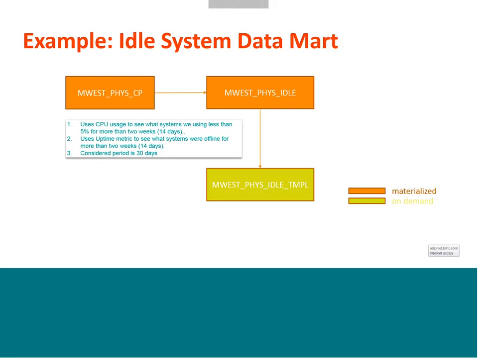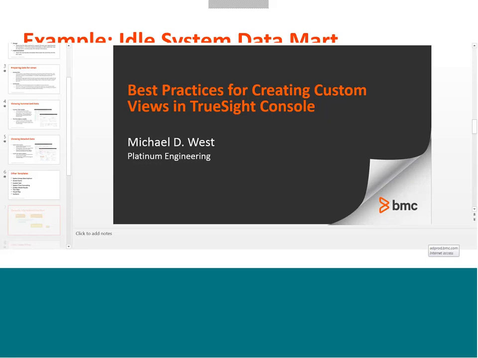The rules that we're going to use as part of the design is that the CPU usage is going to be less than 5%. This is using 95th percentile for more than 2 weeks. And we're also looking for systems that were offline for more than 2 weeks. And the consideration period for this example is 30 days. So with that, what I want to do is go into the demo. So we're going to start with